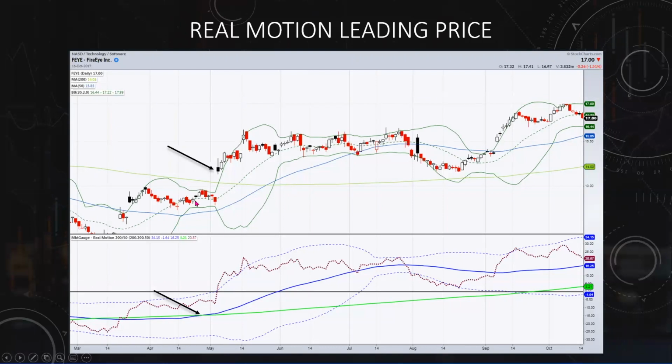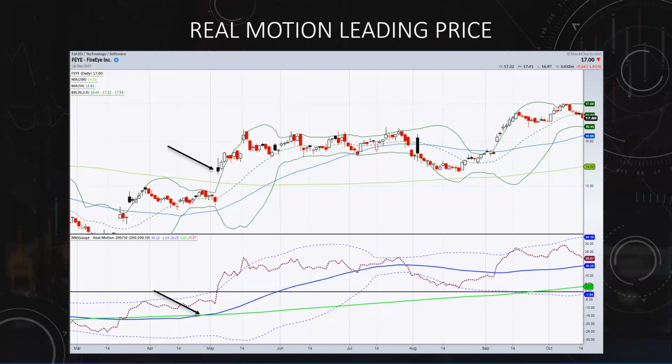And guess what? On the underlying price chart, not the case. So momentum, in this case, doing better than price. And then when you get the breakout over this green here, which is the 200-day in price, that's a confirmed buy signal,